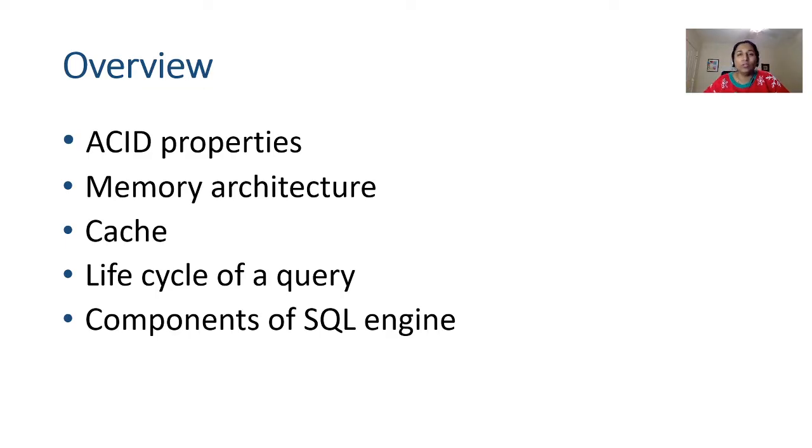So what are we going to discuss in this session today? We are going to see the overview of ACID properties of transaction with a very simple example ensuring the ACID property. We are also going to see the different types of memory architecture we have in the SQL Server, what all the components we have in the memory architecture of SQL Server. In this session, we are mainly focusing on the plan cache and the buffer pool and how these caches get managed inside the SQL engine.